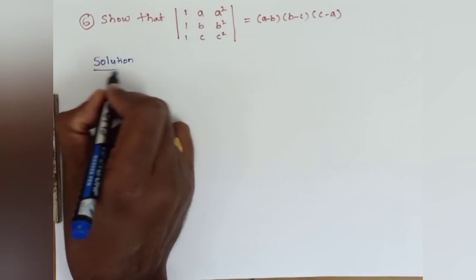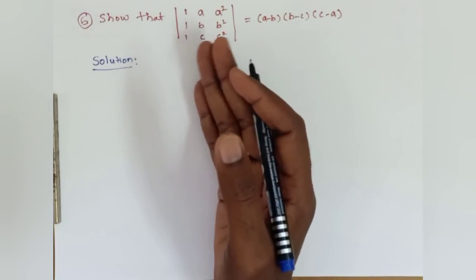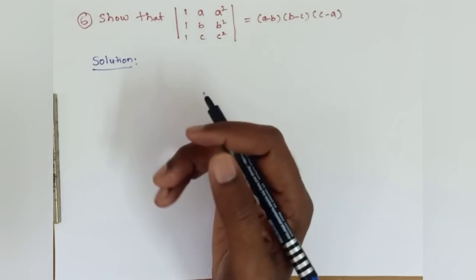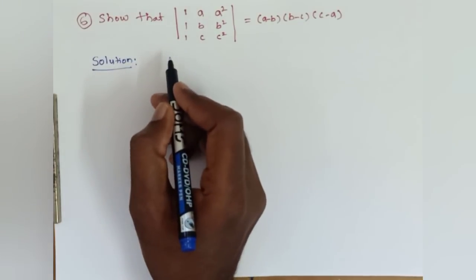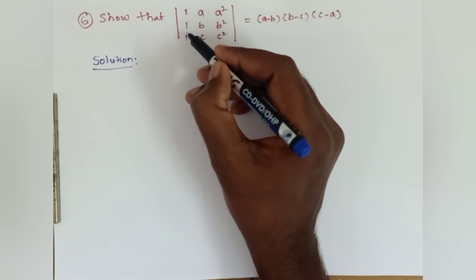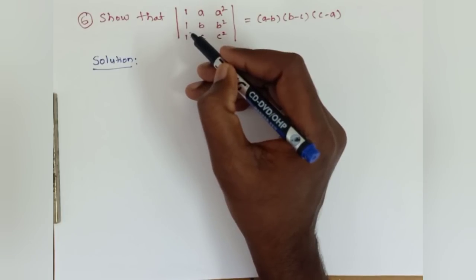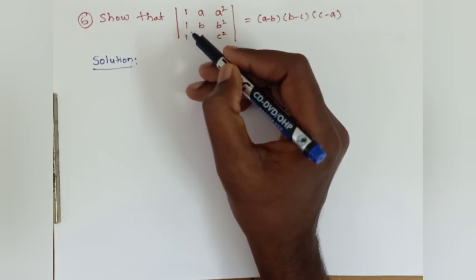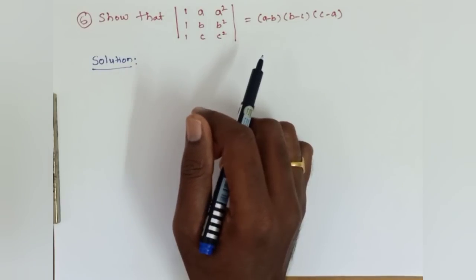If it is easy to evaluate, you can evaluate using the determinant definition also. There is no restriction on this problem. So how do we evaluate this determinant value, using operations or using properties? Let's see. The first column contains all ones, so just make two elements 0. Then by using the definition of the determinant, we can evaluate this determinant easily.